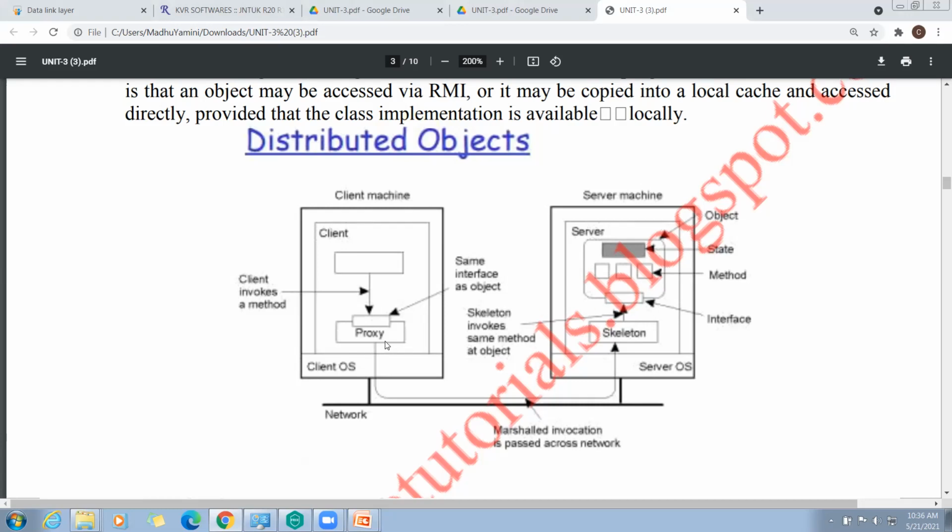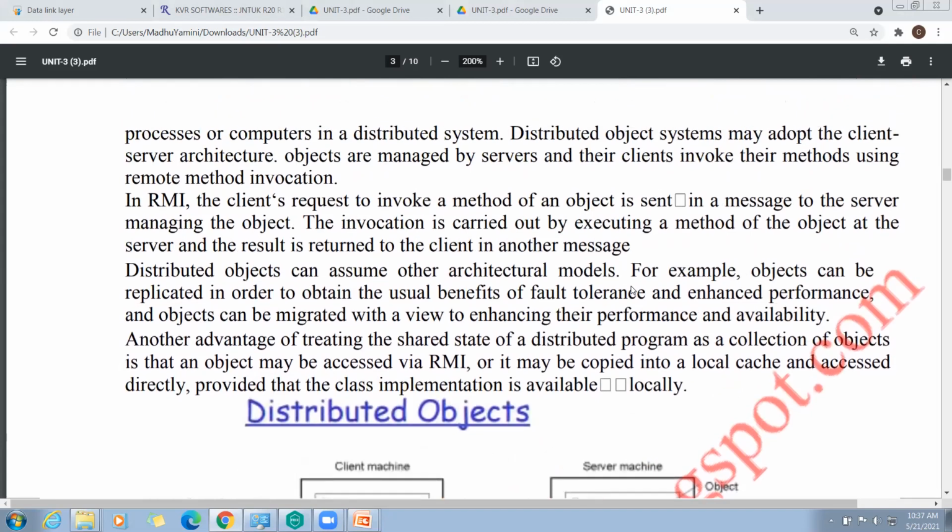Because, see my mouse pointer, the invocation goes from the proxy to the skeleton and is passed across the network. By passing this method, the client machine can access the objects in the server machine. This type of communication is called a marshaled invocation, passed along the network. This is how distributed objects work from client machine to server machine.